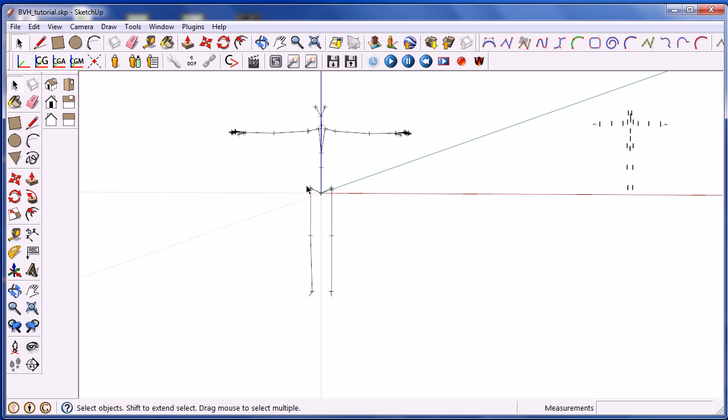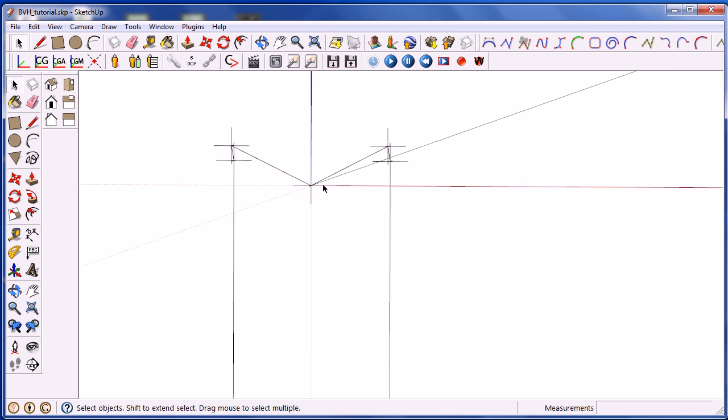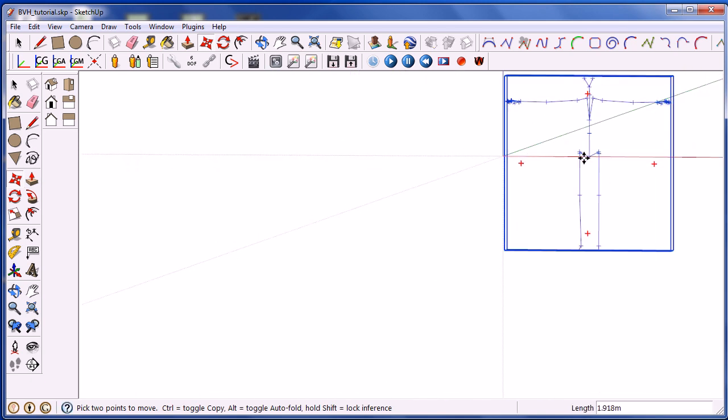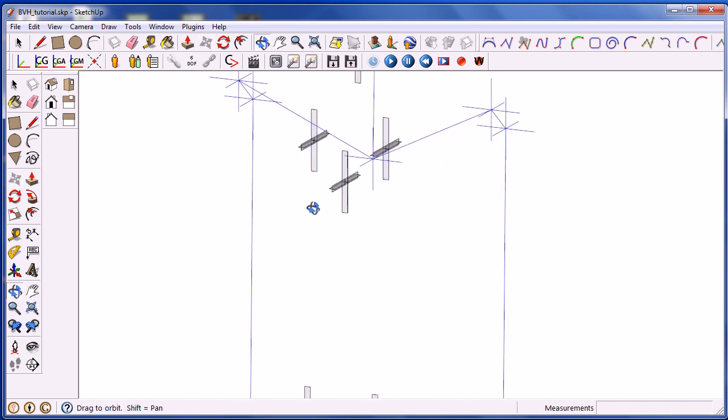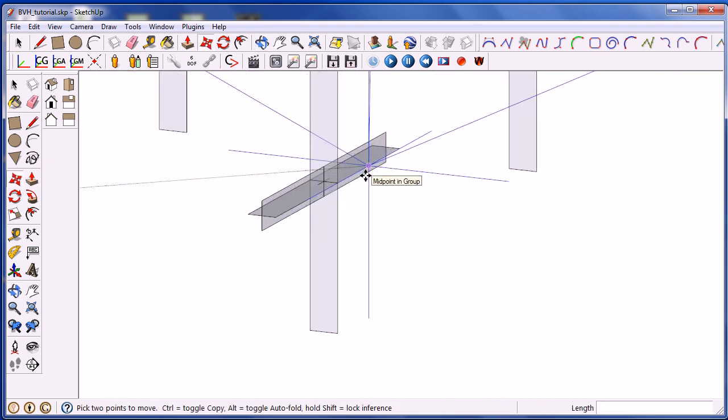Then, select the joint hips of the skeleton and move it to the joint hips of the character, symbolized by its marker.